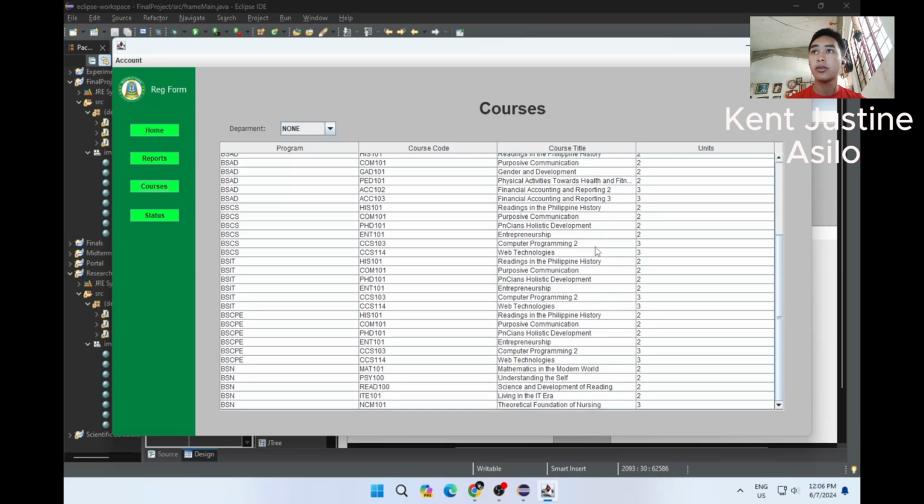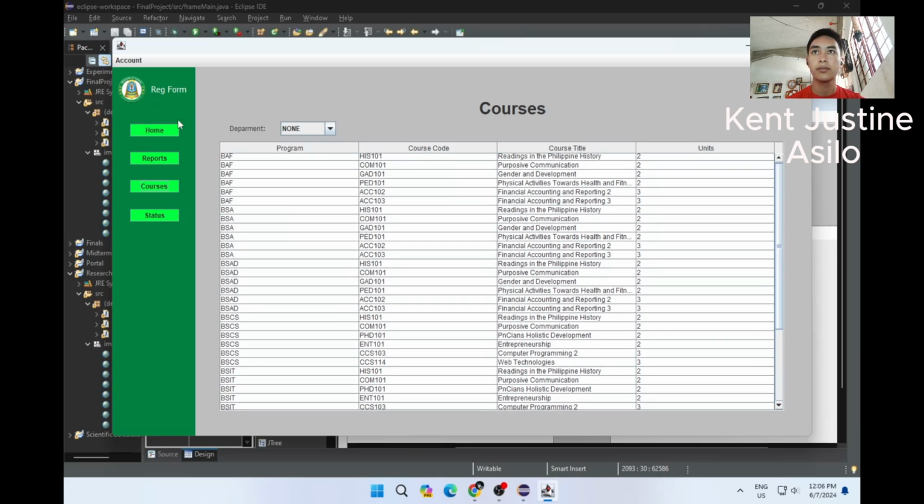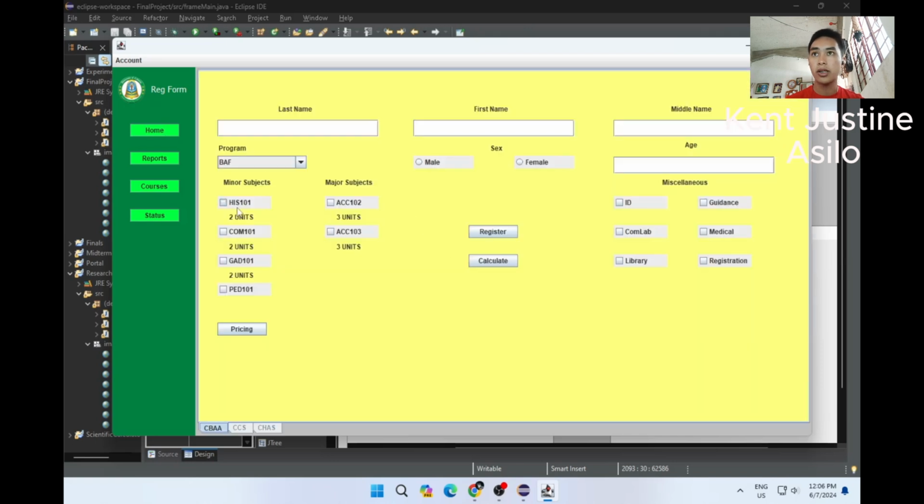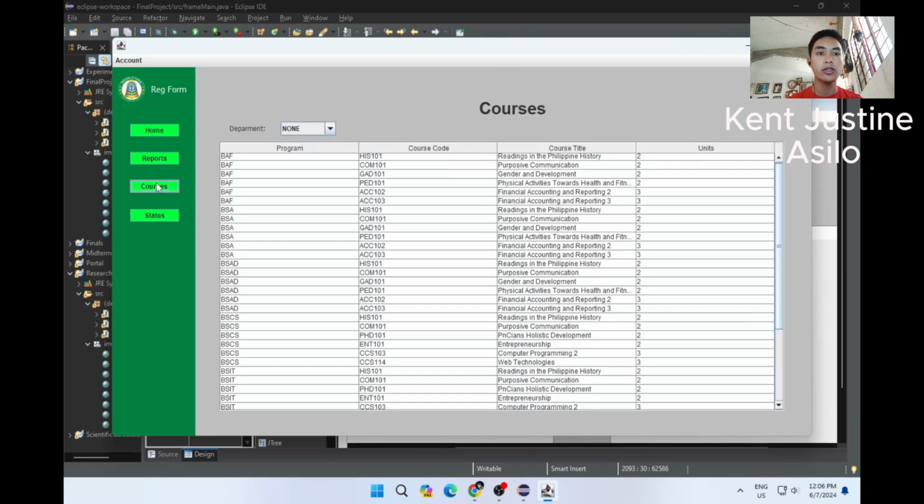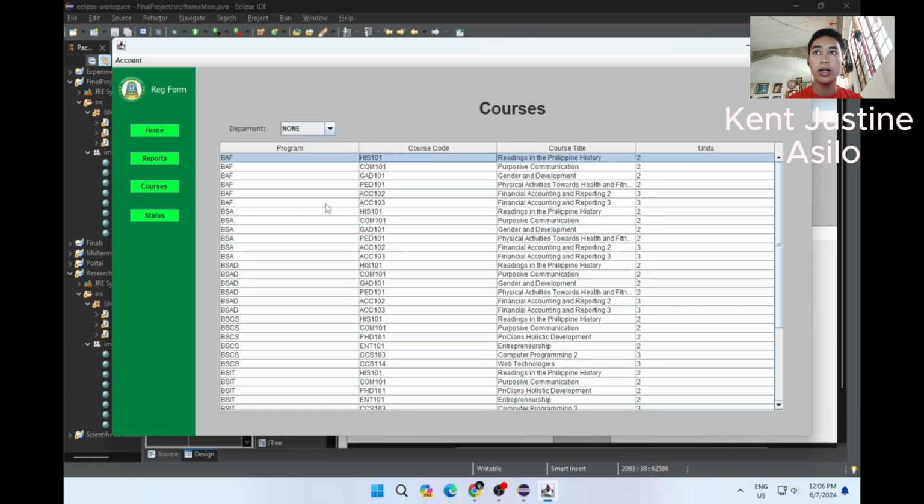Because when you try to register, it only shows the course codes, and through the courses tab we can see the course code details and what program it belongs to, and their course title and their units.